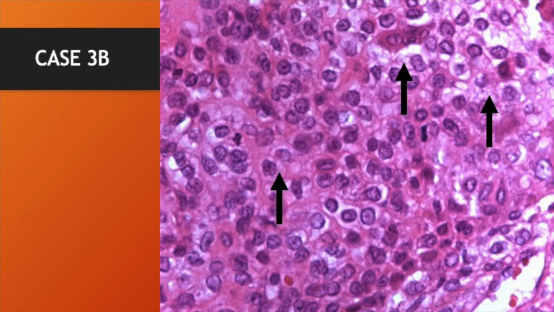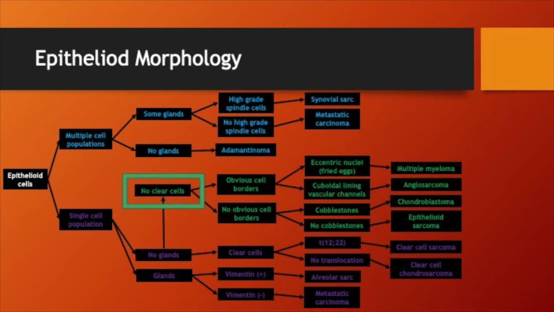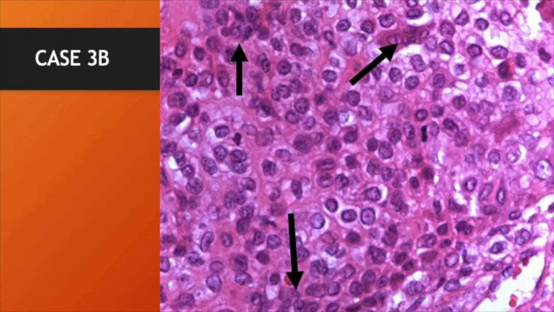Most cells do have a cytoplasm, and that's what we're pointing to again here. So now we're going to go down that, no clear cells. Once we can look at that, we need to say, are there obvious cell borders or no obvious cell borders? The first thing you're going to want to do is look at that cobblestoning and say, there are obvious cell